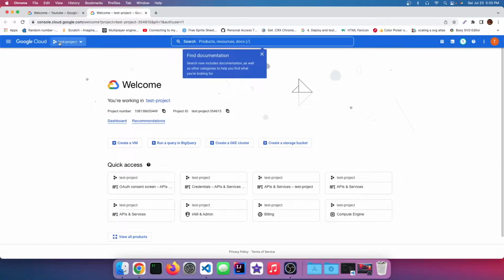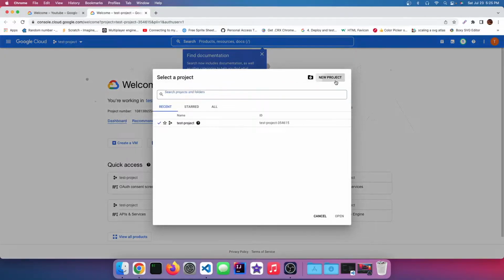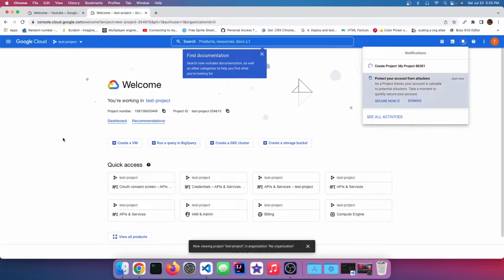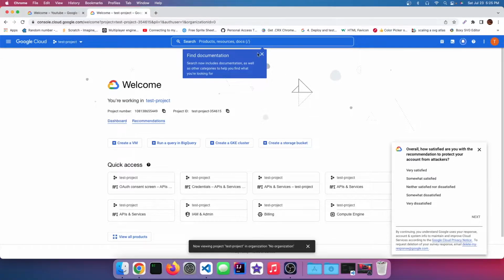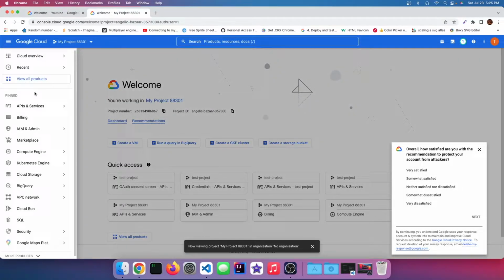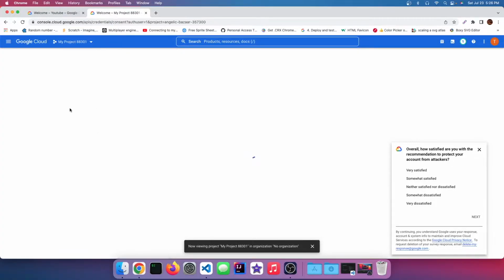Okay, so now we want to create a new project here. And so we can just leave this like it is. No organization. We're going to create it. And now you can see it's creating. So let's go switch it. Okay, so now the first thing we want to do is to go to the APIs and services and go to OAuth consent screen,